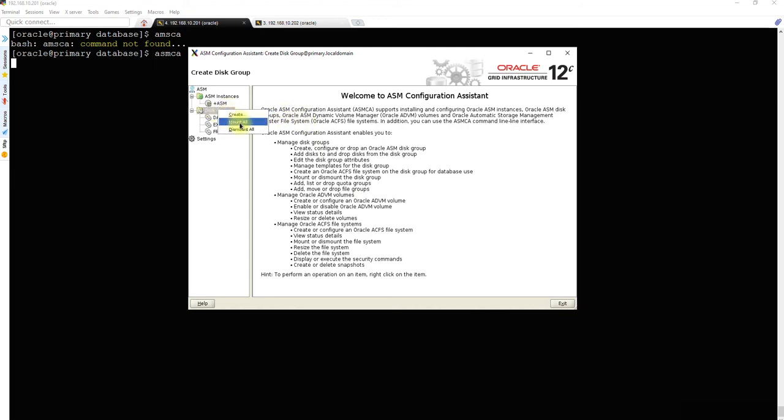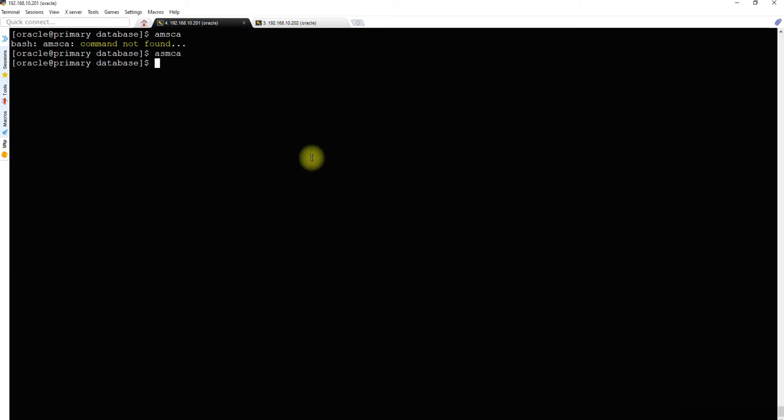Now let's mount all the disk groups. So this is done, you can close it now. Now what you need to do is go to Oracle base, product, bin location, and run dbca.